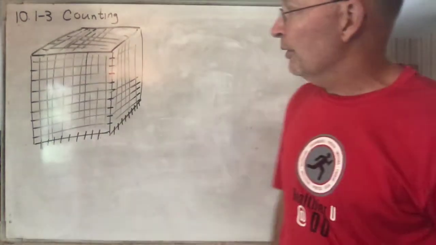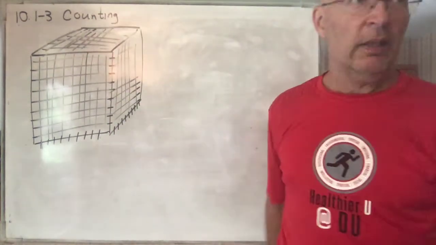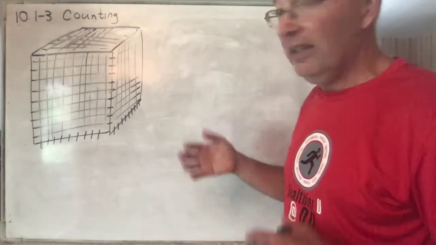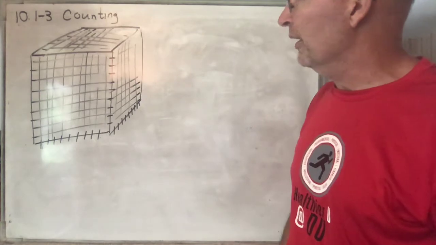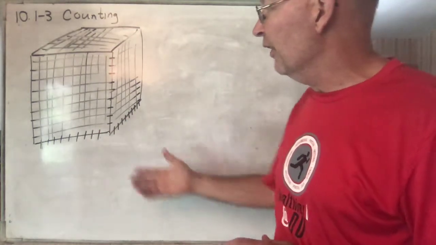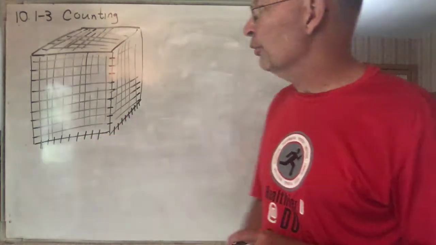Okay, let's look at a brand new topic today, counting. This is chapter 10. And counting on the one hand seems pretty easy because we're just counting things. 1, 2, 3, that's very basic. But counting problems can be very subtle, and it's very easy not to take everything into account and therefore to